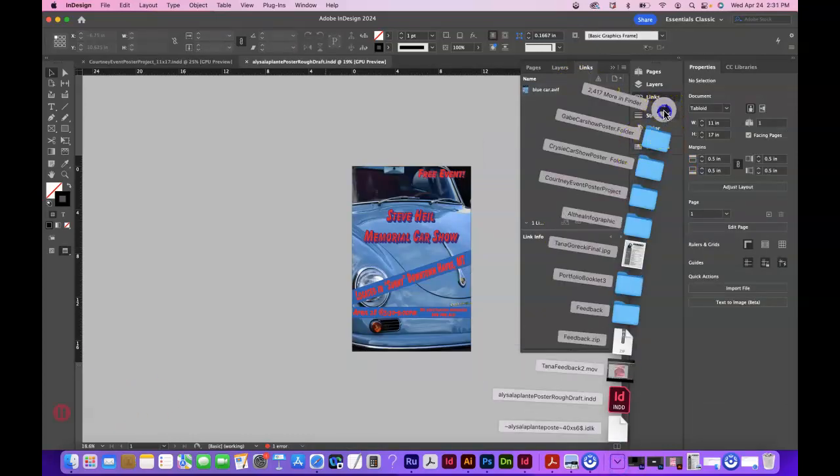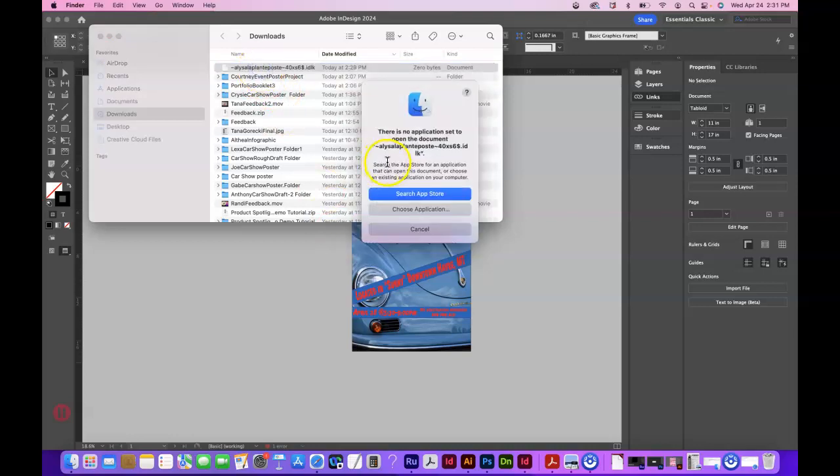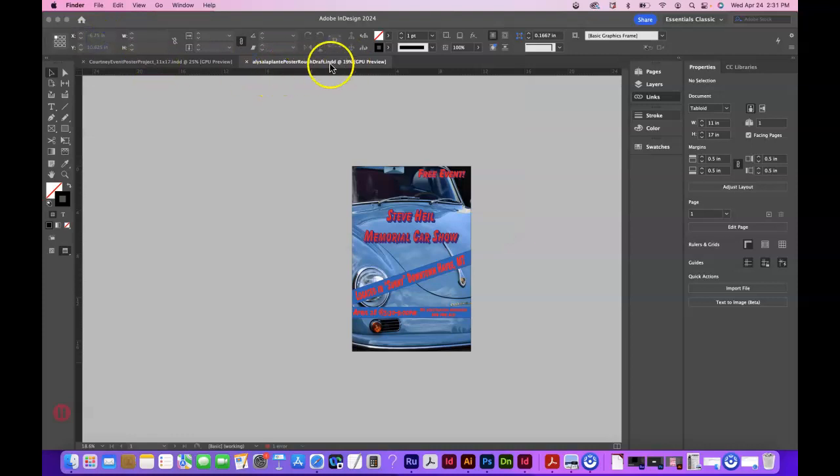Hi Eliza, just looking at your project here. So I downloaded your folder. It's an IDLK file, which is a little confusing. If I double click on it, I think it's an INDD file, but you didn't do a file package. So let's say that this is